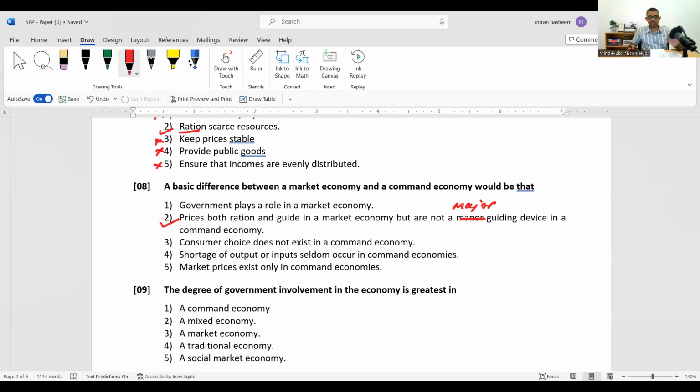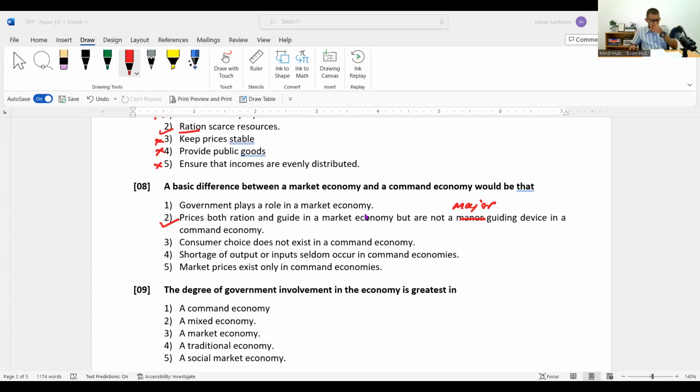Okay, any questions? Please ask. How many of you got question 8 correct? Some of these theoretical questions we have to be really thorough with. Okay, I'm getting some answers. A good number of you have got this question correct as well. Brilliant. So overall, we seem to have done a proper job in the economic systems area.